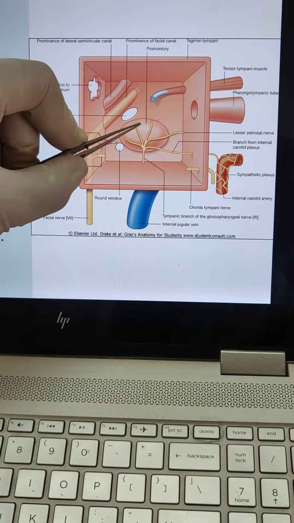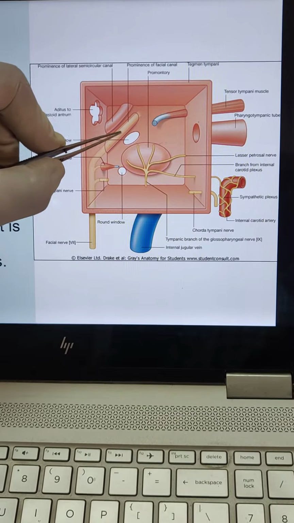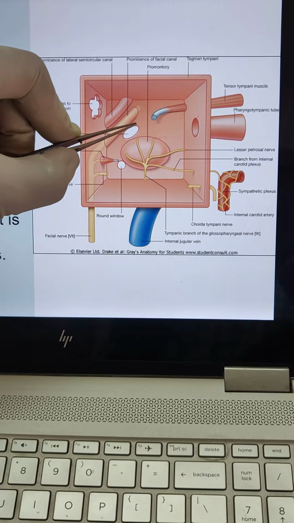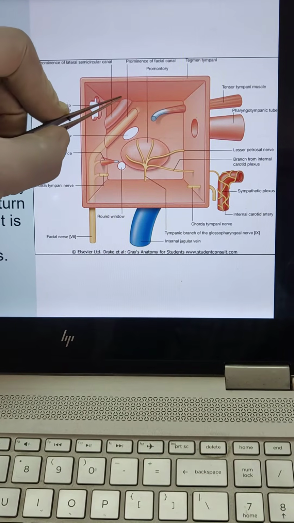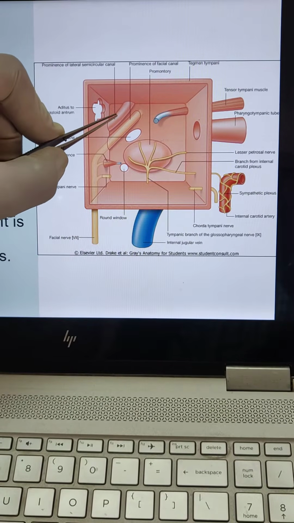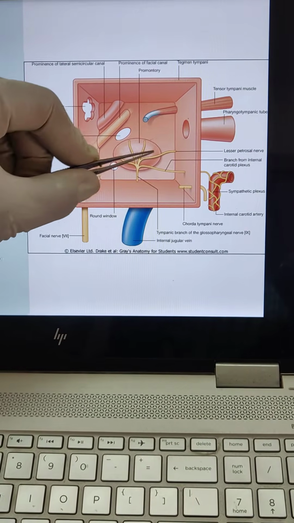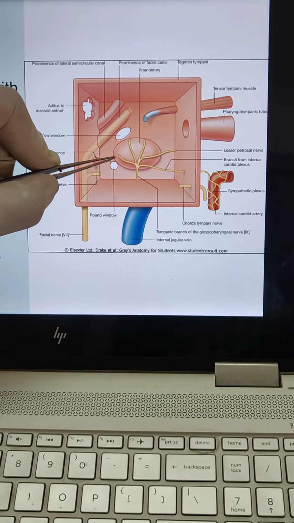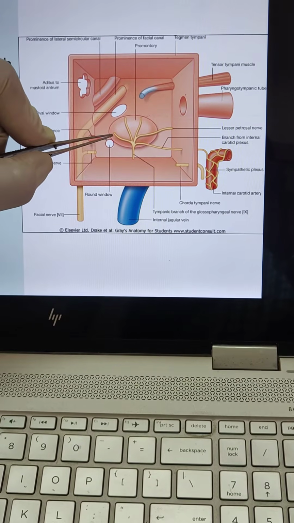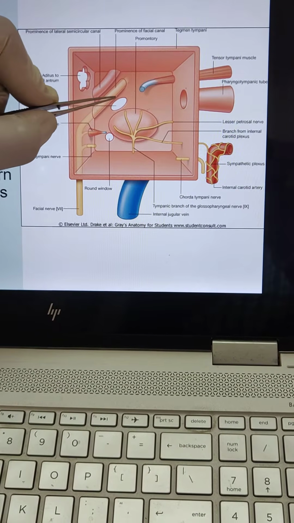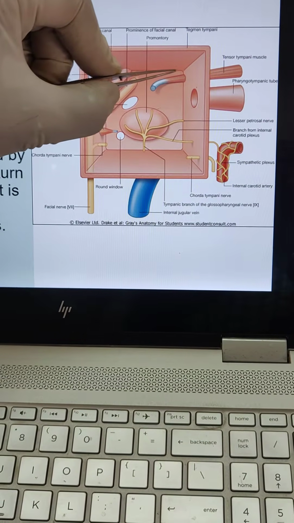Posterior and superior to the promontory there is an oval gap. It is called the oval window, and it is filled by the base plate of the stapes. Above it there is the oblique part of the facial nerve, and above that the lateral semicircular canal. Below and posterior to the promontory there is the round window. Anterior to the oval window and above there is the processus cochlearis, which is wound around by the tensor tympani muscle.